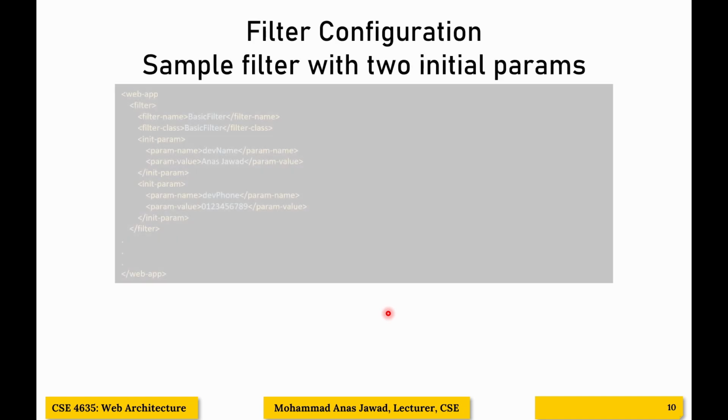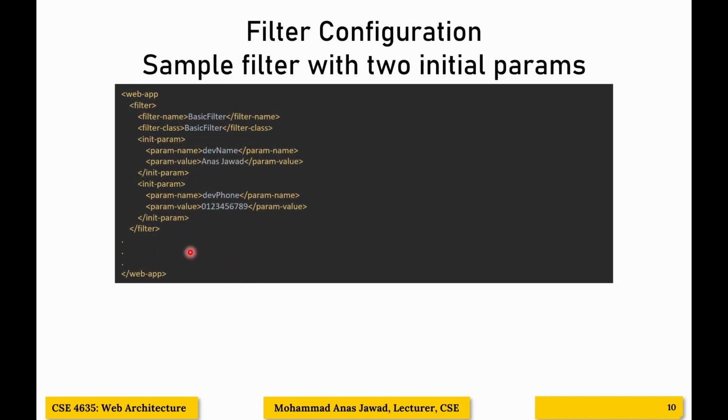Now, if you remember, we mentioned that it is possible to define initial parameters for a filter through the web.xml file, that is, through our deployment descriptor. We have also mentioned that the filter config interface can be used to access those parameters. So let's see how that works. This is a sample web.xml file again, and inside this web.xml file, you can see we have registered a